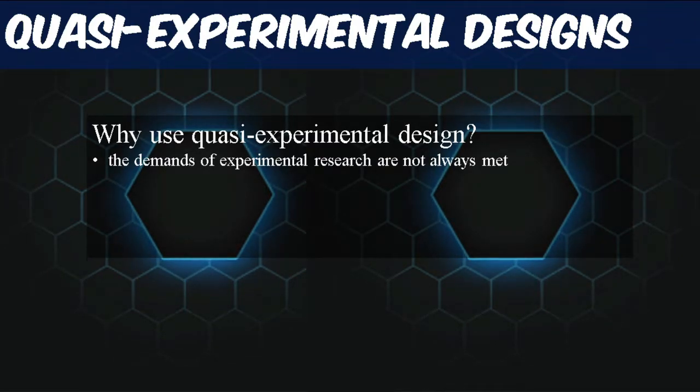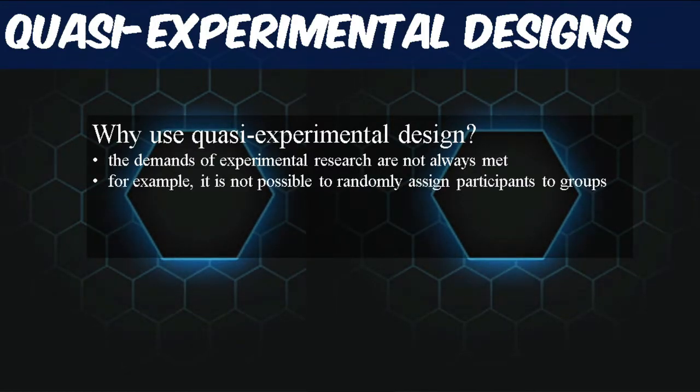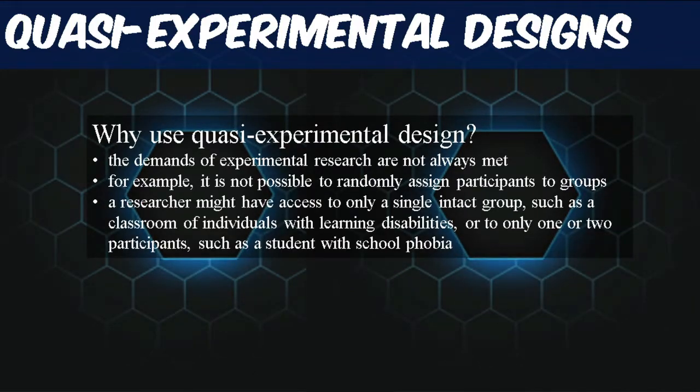We'll start with why. Why are you forced even to use a quasi-experimental design? Because the demands of experimental research are not always met. For example, it is not possible to randomly assign participants to groups. That's one important condition for it to be considered a true experimental design. If you are able to randomly assign your sample to your comparison groups, it's almost a true experimental design. It's just that you cannot do that, which makes it